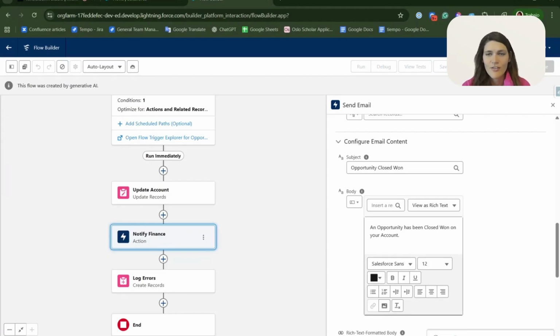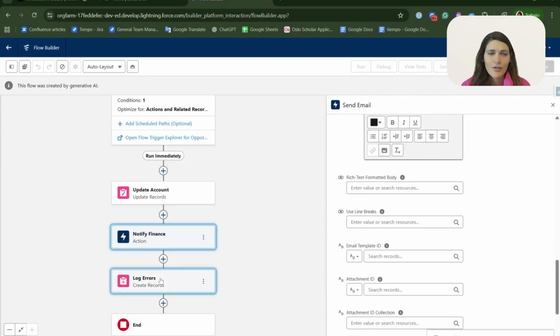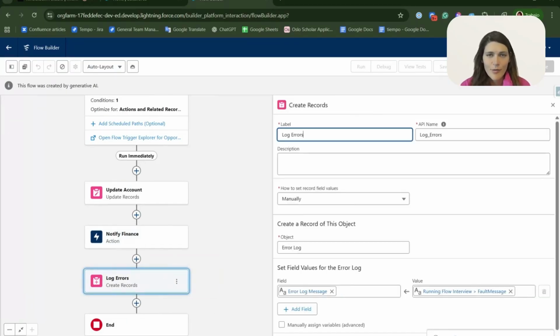An opportunity has been close won on your account. Quite good. And then it logs errors. It would probably be better to have this log errors on a fault path, but AI is not very good with fault paths. As you can see, it's good in choosing the right trigger type, creating the basic decision logic,